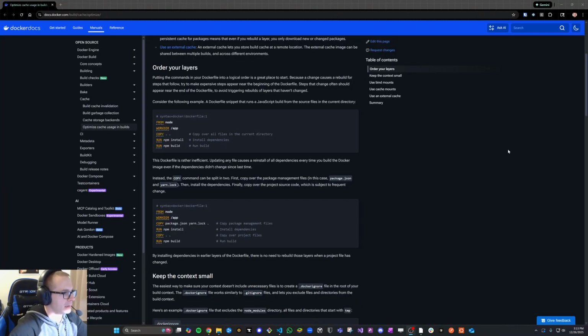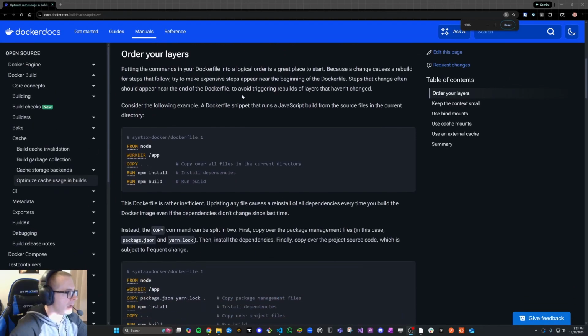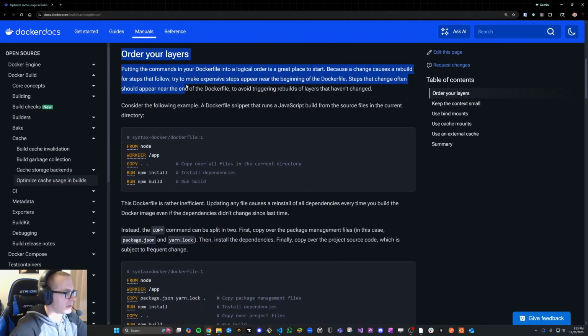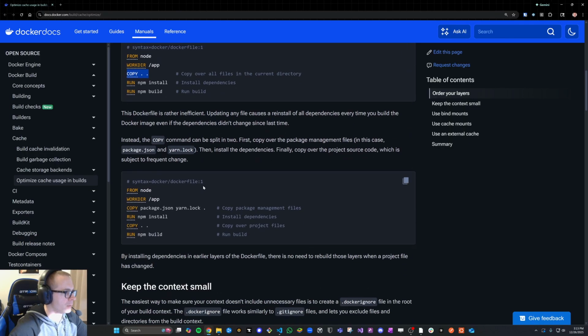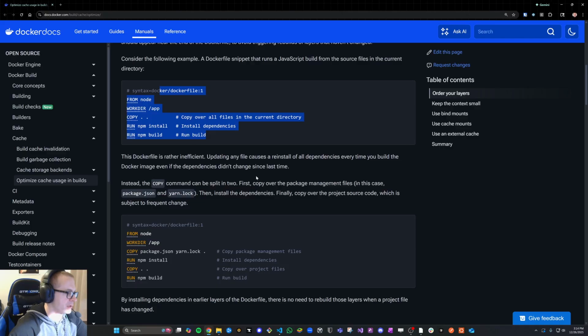Something else that we can do to optimize things is, so this is from the Docker docs here. I can zoom in a little bit. So the way that you order your layers matters because basically, when Docker detects a change on one of these steps, it invalidates that, it has to run that step again, and then every step that follows it. So this example looks kind of similar to the setup that we're doing, and Docker is calling this inefficient. Instead, what they're doing is they're copying